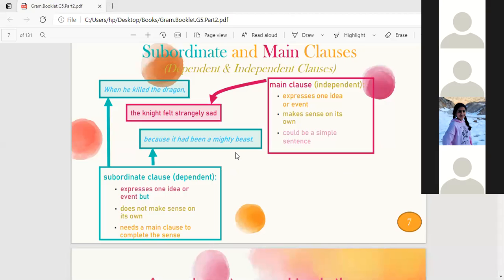Okay, so guys, the dependent clause is a clause. I said it's a clause, so it must have a subject, a verb, and an idea, but it doesn't give a complete idea. It cannot stand alone. It needs help from other clauses to be complete. And also, as Malak said, it contains a subordinating conjunction. While the independent clause can stand alone. It expresses a complete idea. It has a subject and a predicate.